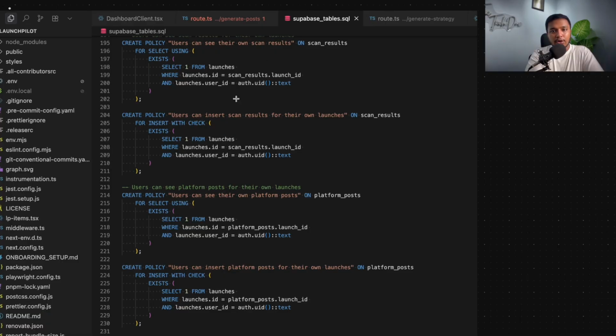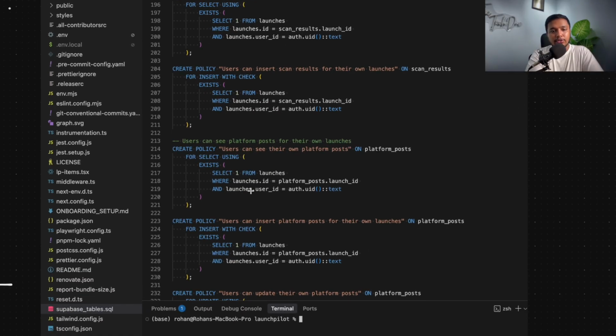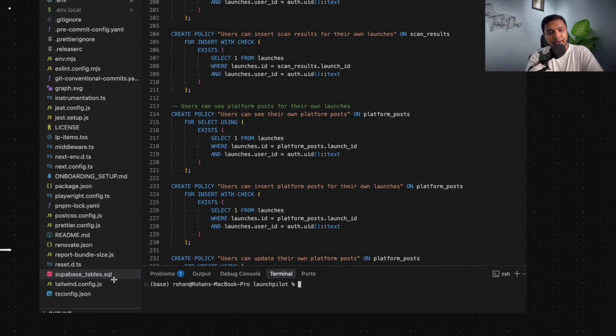So once your tables are ready, your database is ready, also save a SQL file or a MongoDB file in here, or let's say if you are creating models directly, you save your models in the code base itself, so that whenever you are talking to the model, you can always reference this file or this model.